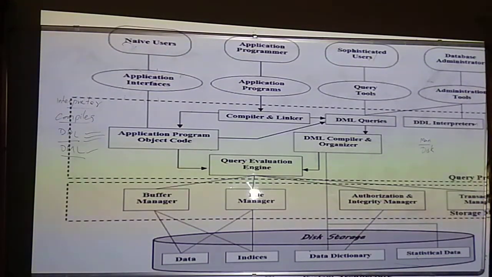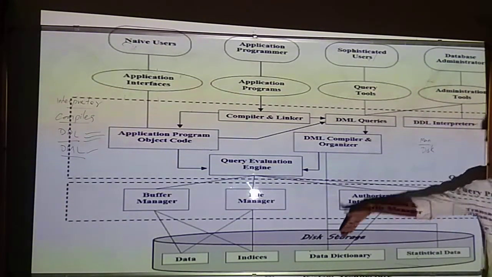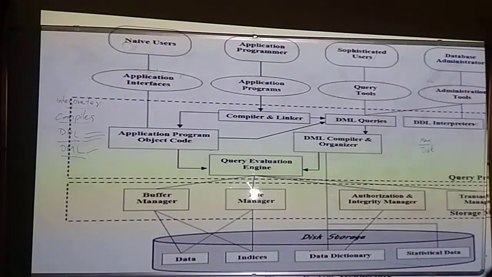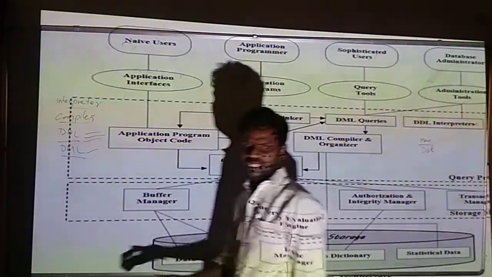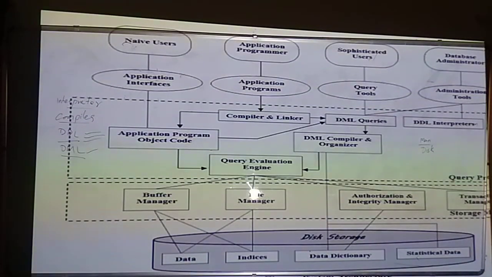So this storage manager and the query processor combined we call a database management system. In turn, they communicate with your disk storage, the physical storage, where you will be storing your database. Your database will design your schemas, and it will store the data structures in which the data is kept. They will give you the indices. They will store where the data is kept, along with statistical data and everything. Whatever data you store in your database will be there on the storage disk devices.